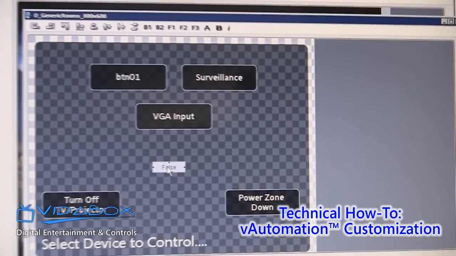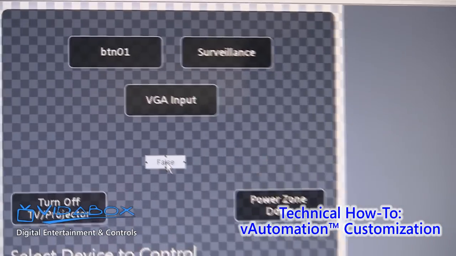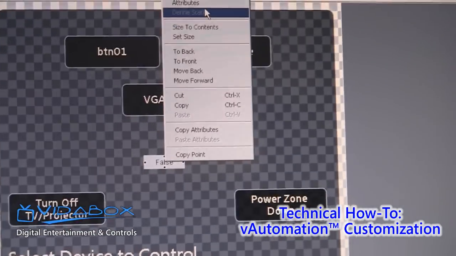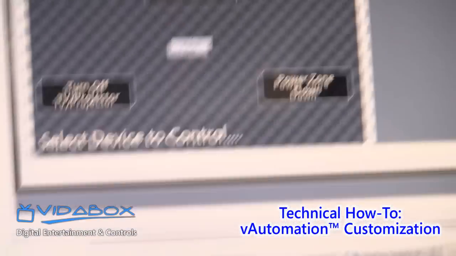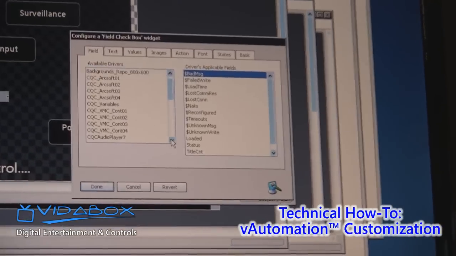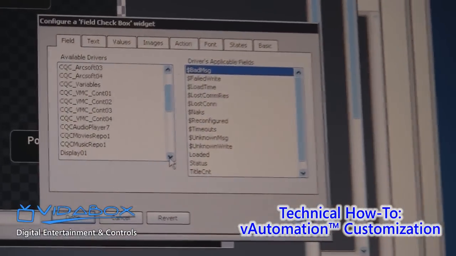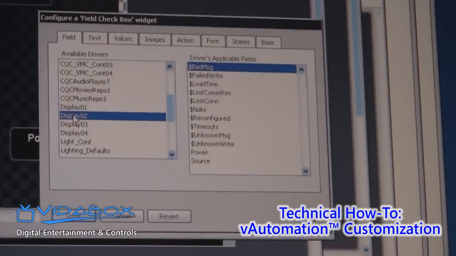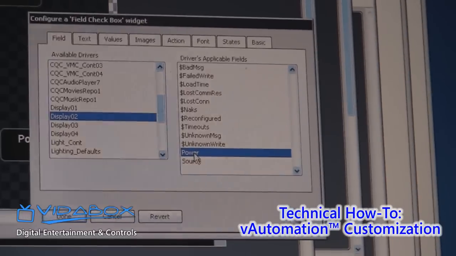So I'm going to add a button in here that's going to let me track the TV status. And what I'm going to do now is edit the button and tie it to the TV so it can track the power status. The particular display I'm going to be looking at is this one, and I'm going to select the power